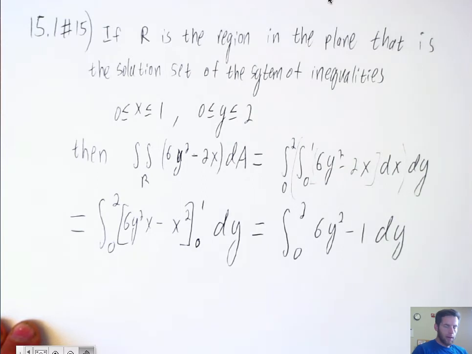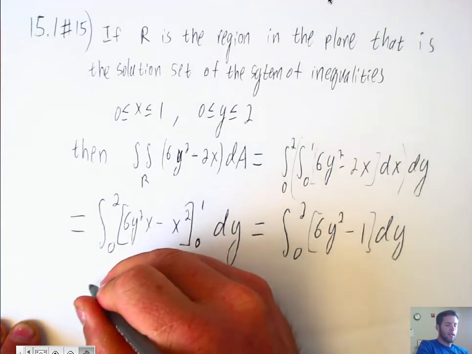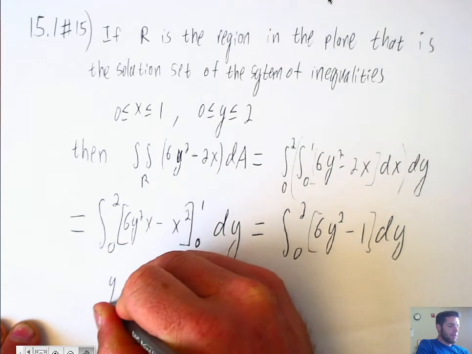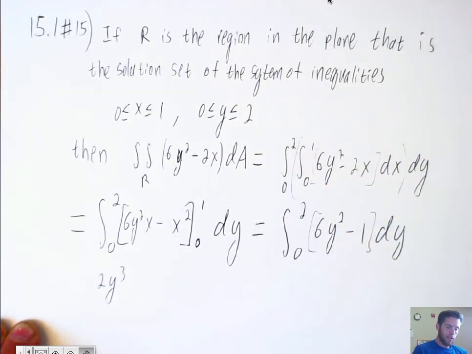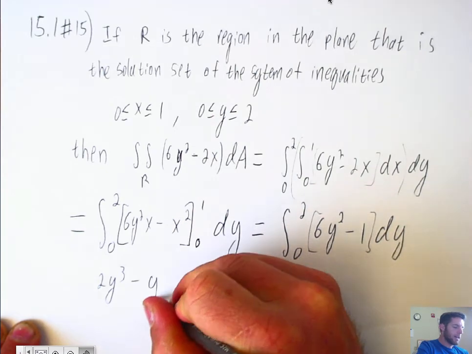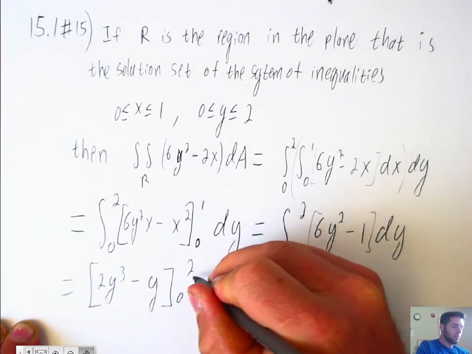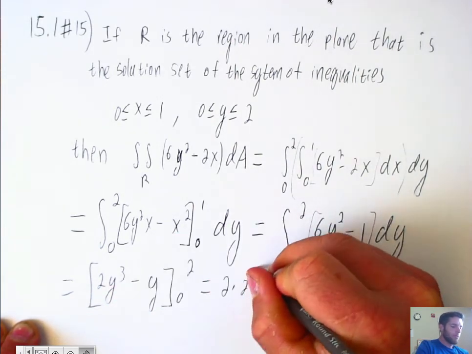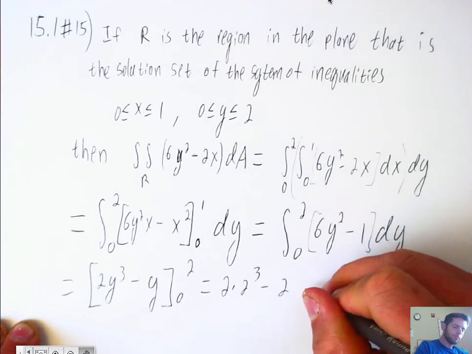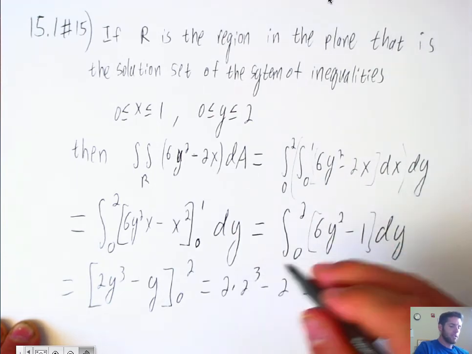Since you don't have to subtract 0 explicitly. Too boring. Now, the antiderivative with respect to y of this integrand is, let's see, y to the third, 6 divided by 3, I'm left over with a 2, and minus y, that I evaluate between 0 and 2. That'll leave me with 2 times 2 to the third minus 2, which is 2, 4, 8, 16 minus 2,